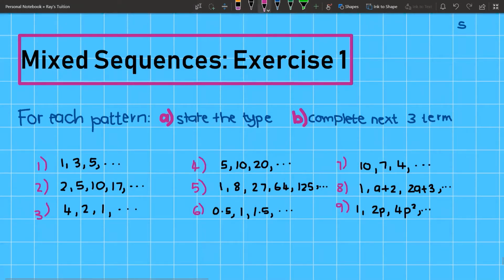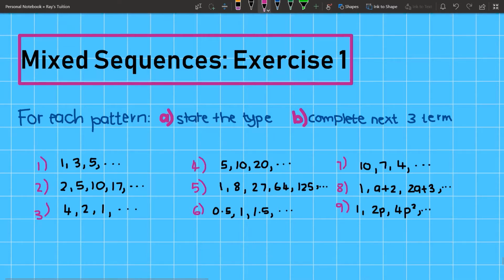In this video, we're going to have a look at how to solve some general problems on mixed sequences. So with this one here, we don't know which type of pattern it is. So we first have to find out which pattern it is, and then we're going to have to complete the next three terms. So having a look at the first one, we can always look for the first difference, which